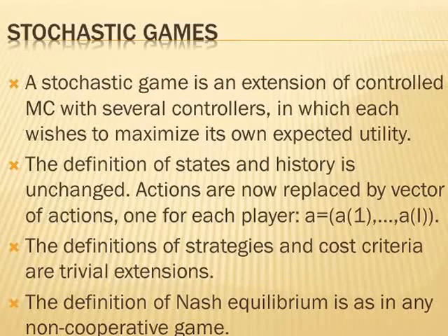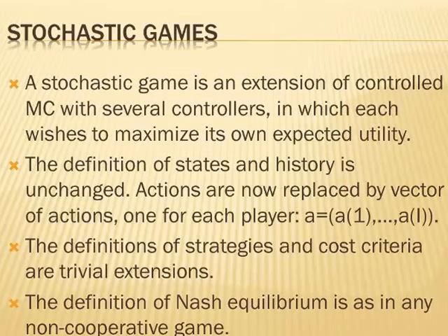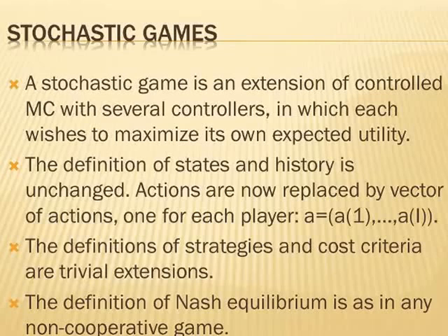Now, a stochastic game is this extension for several controllers in which each one of them wishes to maximize its own expected utility. So now we'll have a vector of utilities, one for each controller, and each one wants to maximize its own. The definition of state and history is unchanged. Actions are now replaced by a vector of actions, one for each player. But this vector of actions can be viewed as one action which is a vector,